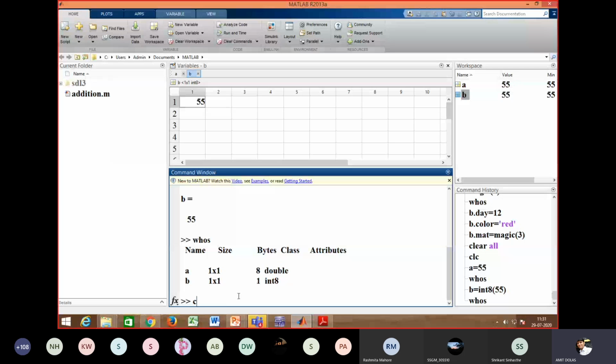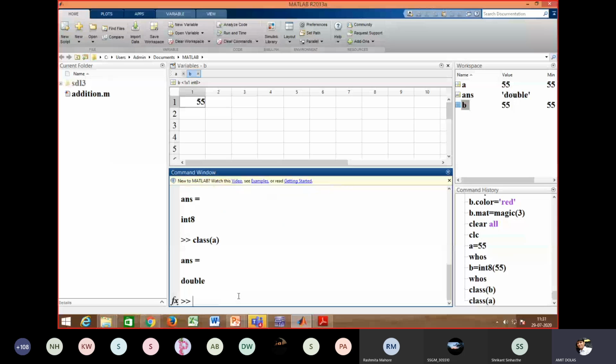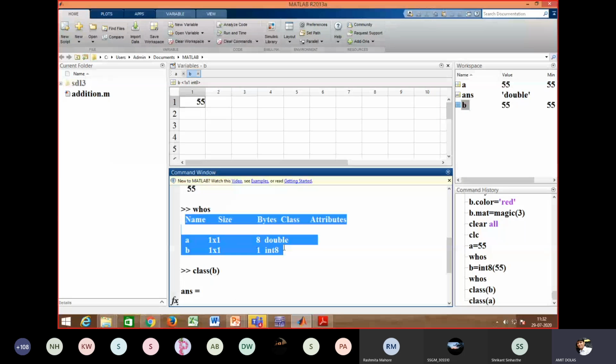So I'll write here class of the latest integer, which is b, class of b, it shows int8. Say class of a, it shows double. So only to retrieve the class attribute, we can use class for a particular variable. Else if you use whos, it will show you all the information as it is reflected on the screen.